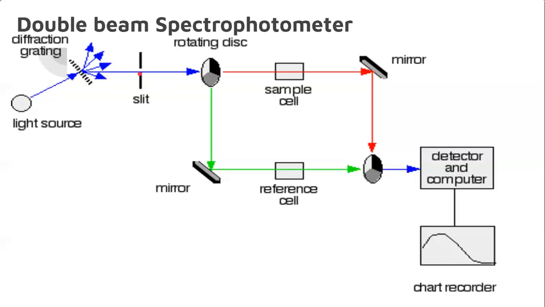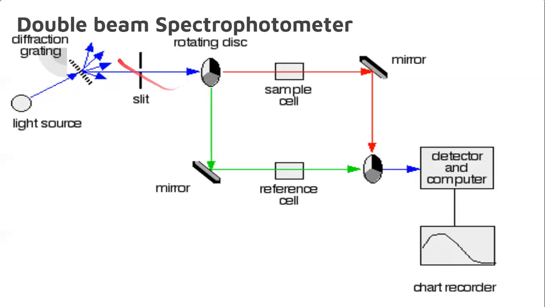And what is the role of this slit? This slit only allows a narrow range of components of wavelength. If you are using the visible range, the light is split into around 400 components of wavelength, 400 to 800. The slit sends only a narrow range of wavelength, say 200 to 205. That means a range of 5 components of the wavelength will be allowed at once through this slit. By rotating the diffracting grating, we can send the whole spectrum one after another into the spectrophotometer.